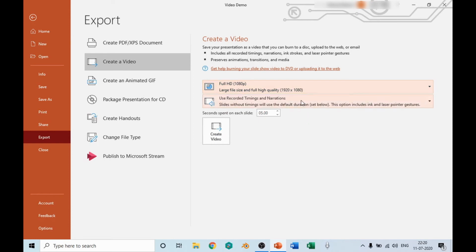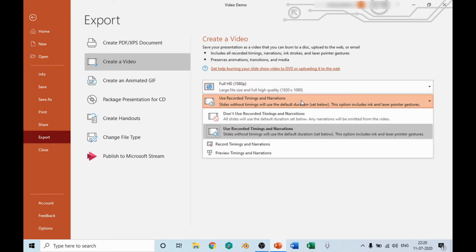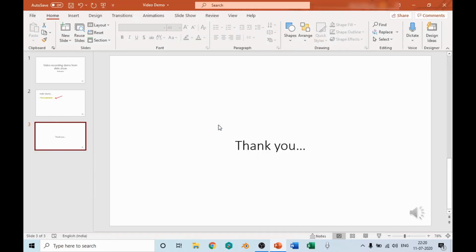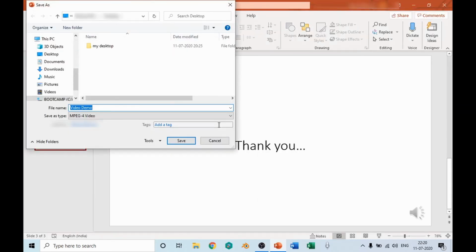Second option is whether you want to record timings and the narrations also. So yes, for video we require narration, so by default we keep it as it is. And then at the bottom it will ask finally whether we want to create video, so we click create video. Immediately it will ask for the file name and the location to be saved. So I'll select again here desktop, and on desktop I'll put the file name again as video demo.